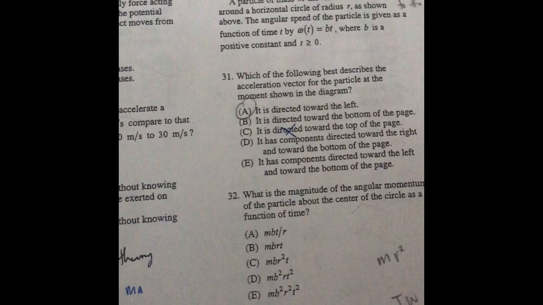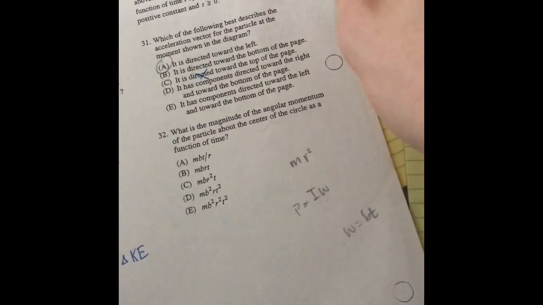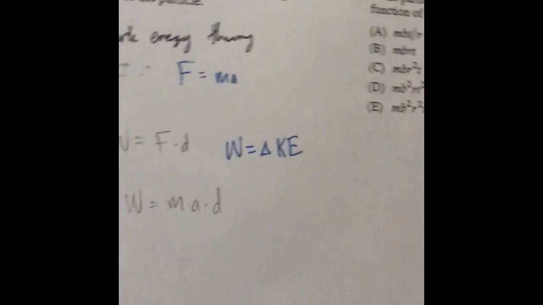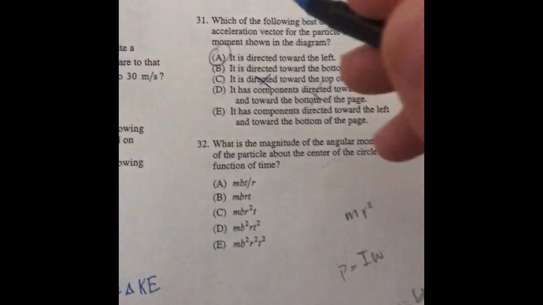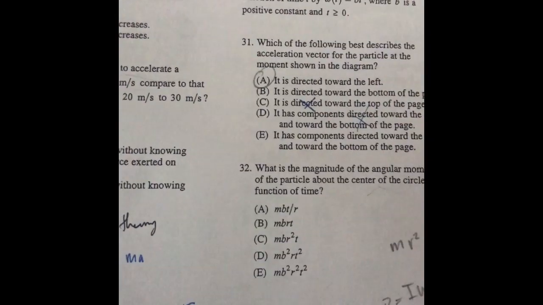D, towards the right and bottom, that couldn't be. And then we have E, which is towards the left and bottom of the page. So A, B, and E are all promising,